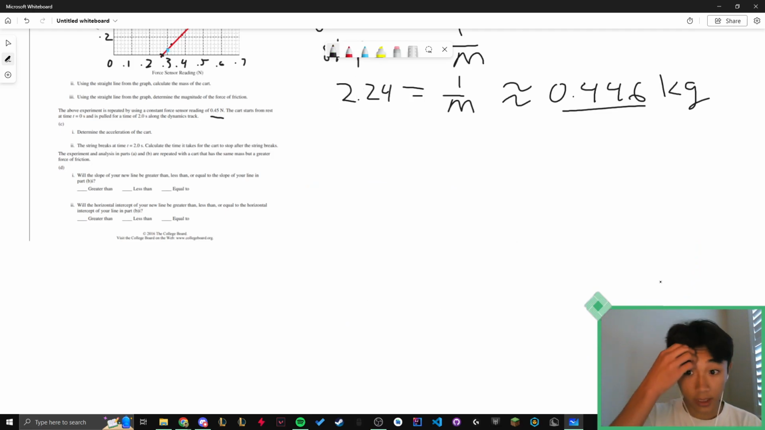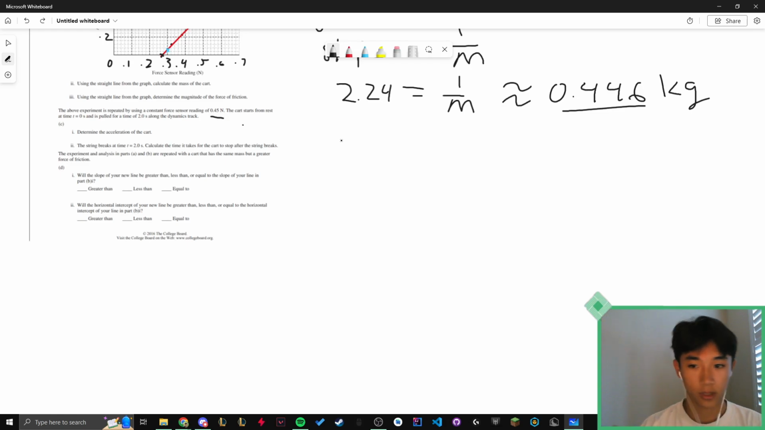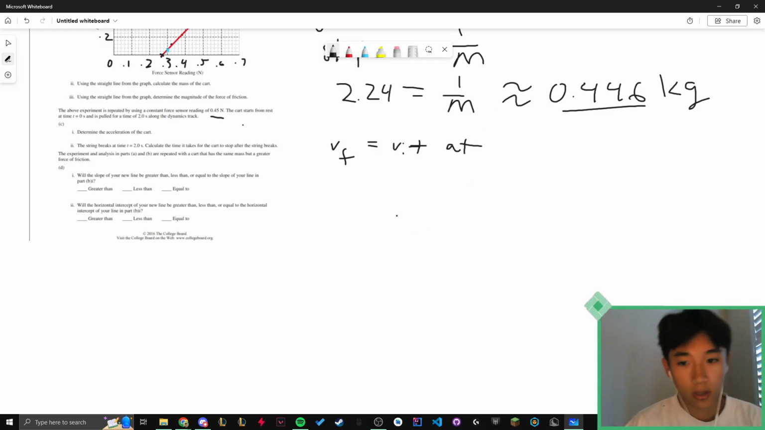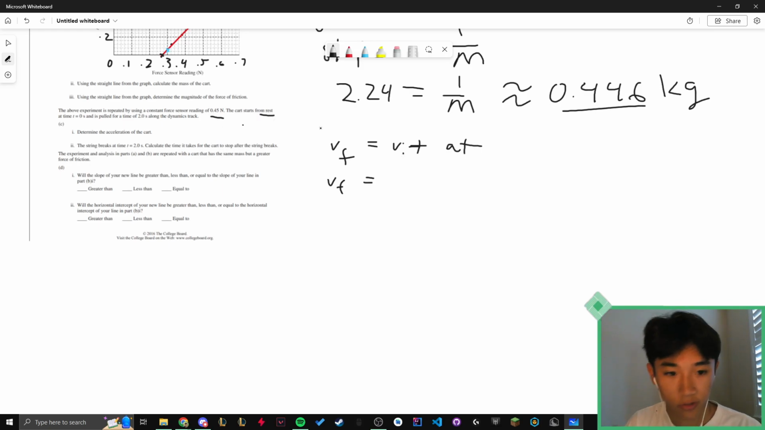The string breaks at time t equals 2.0. Calculate the time it takes for the cart to stop after the string breaks. Okay, so they tell us t equals 0 time. So all we have to do is use the kinematics equation. We're going to use v final equals v initial plus at, and we just have to solve for v final, and we know that the v initial is going to be 0 because the object starts from rest,